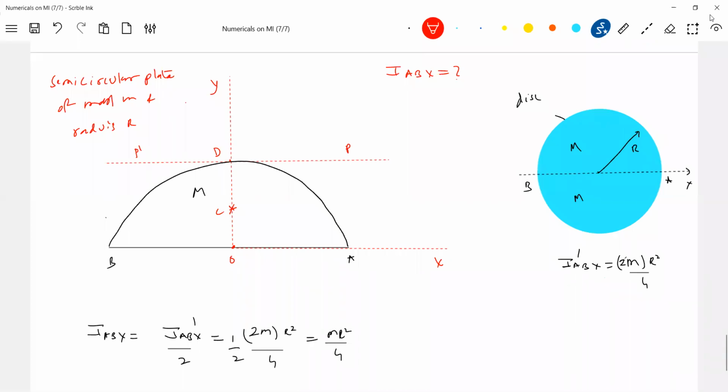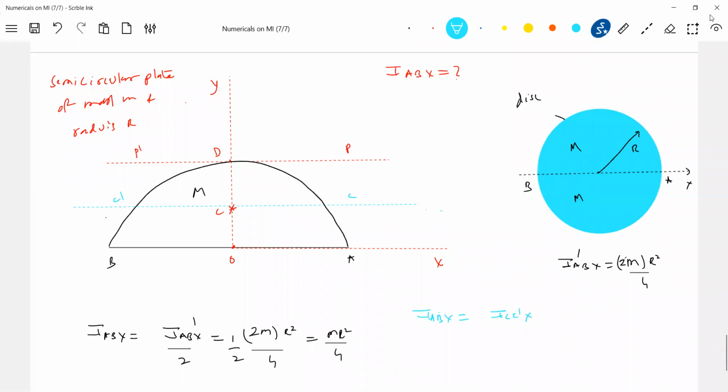We can't apply the parallel axis theorem directly from PP dash to axis AB, because the center of mass is not involved. So therefore I'll bring one more axis here, I_CC dash X, this axis parallel to the x-axis. Now I'll apply the parallel axis theorem: I_ABX is equal to